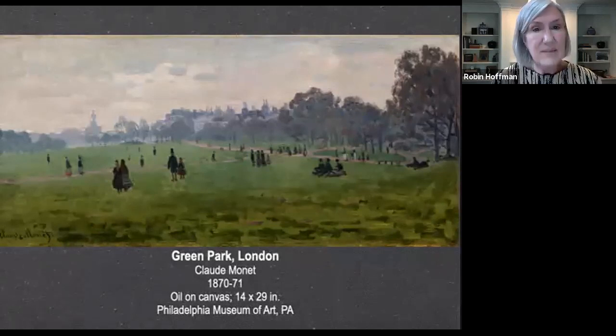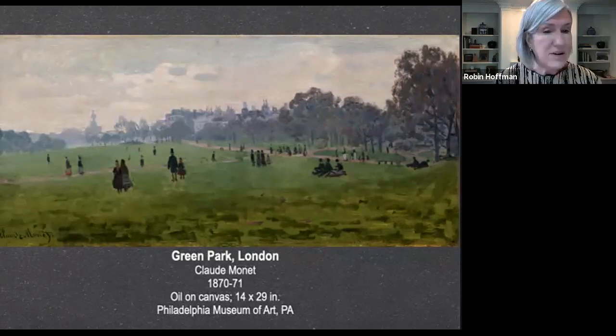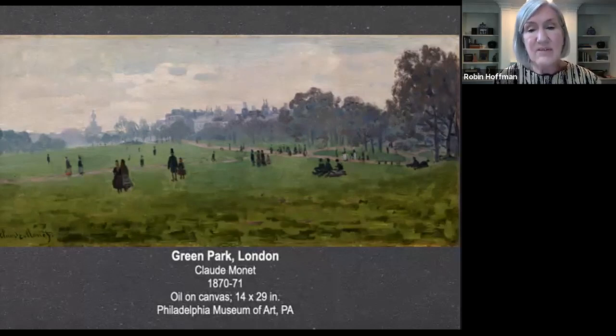Monet became fascinated by English parks, especially Green Park and Hampton Court. And here he has painted a panorama of Green Park. During the time of the Impressionists, many of the first public gardens were built in cities around the world, and many former royal gardens were renovated as they were made public. Such spaces provided fresh air and beautiful promenades for everyone.